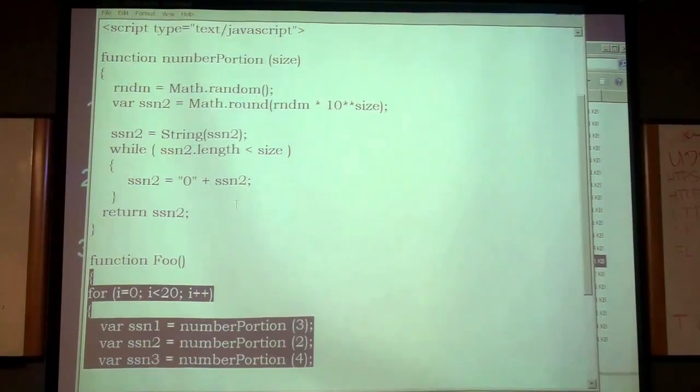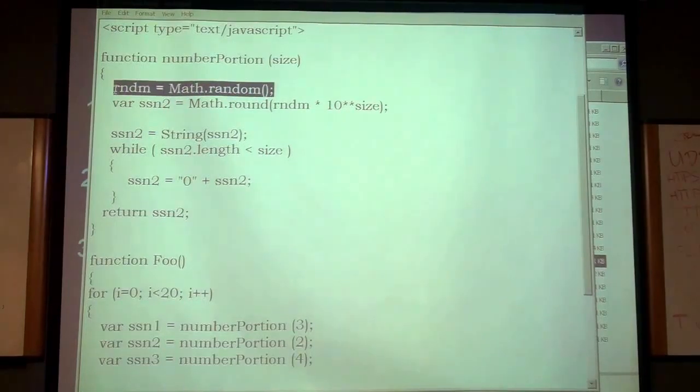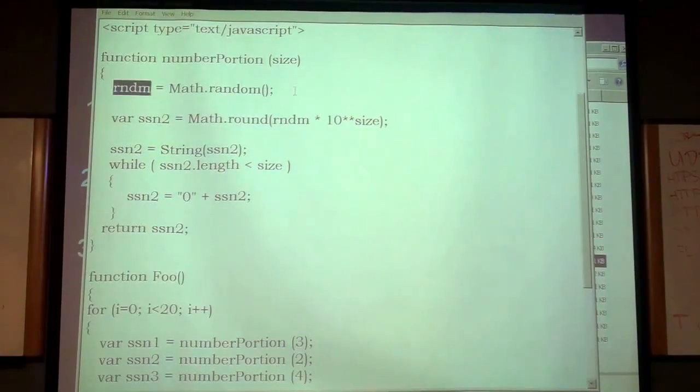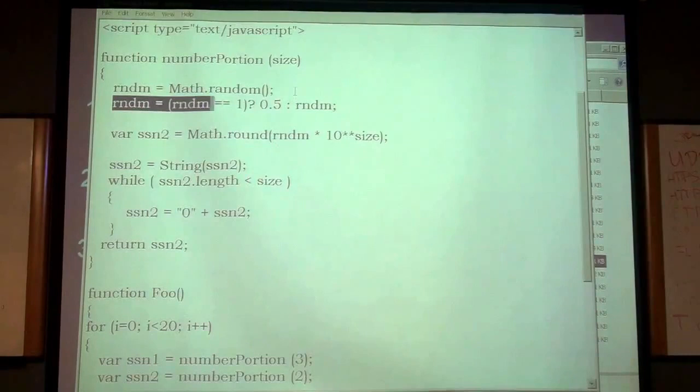So as we're going towards perfection, I like to make sure that this number is not 1 and not 0 here, right? Remember, I talked about that, but we never implemented it, so I'm going to do that. I'm using the ternary operator, I'm saying equals 1. In case it equals 1, I like to say it's equal to 0.5. Otherwise, it's RNDM. Okay. Or in case of 0,